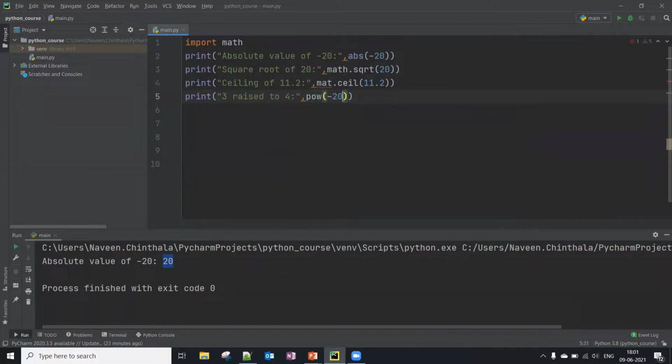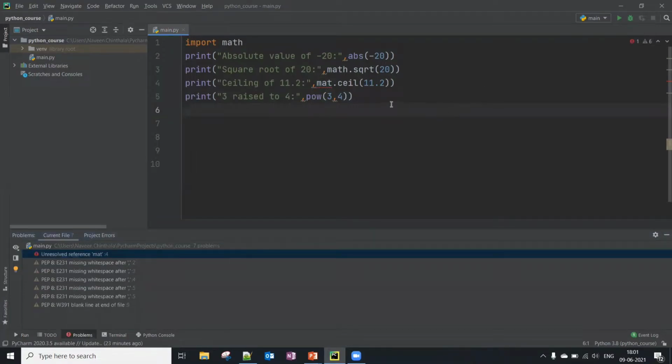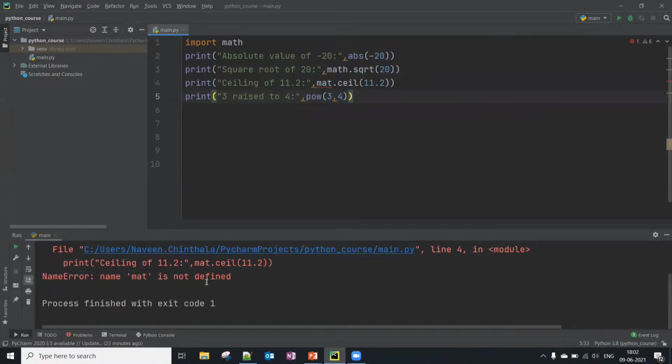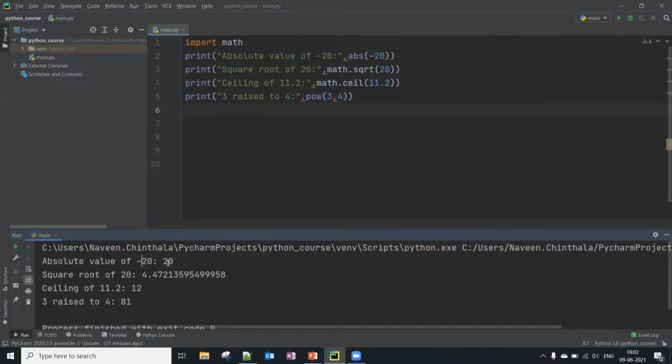Power of 3 comma 4. Somewhere we are missing the reference. Sorry, I should give math dot. Okay, if you see here, square root of 20 is 4.47.